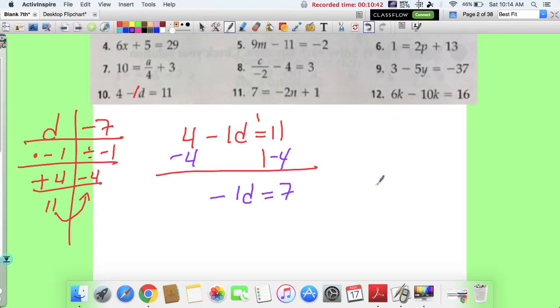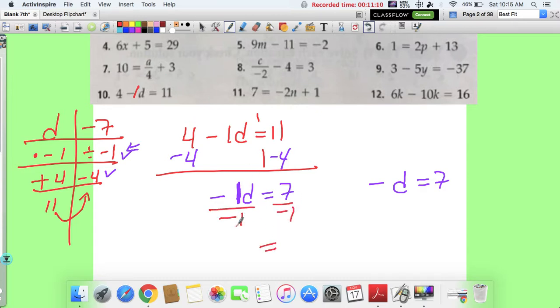Now let me write this without the 1 here on the side. So I got -d equals 7. So you can say, this over here, we're not done because our variable is negative, right? But I think it's easier for you to see that if I put a 1, how this second step here comes into place. So if I divide both sides now by -1,